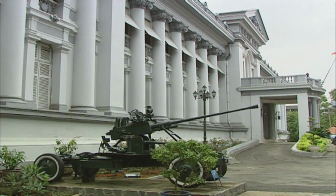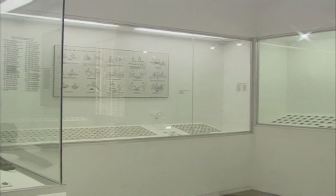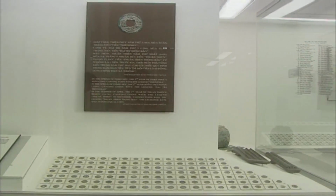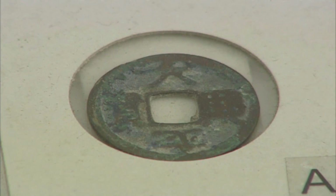Since becoming a museum for local scientific research, Ho Chi Minh City Museum has regularly hosted theme exhibitions. Vietnamese Money exhibited 1,086 monetary objects made over 10 centuries. All the feudalist dynasties used coins. Thái Bình Hưng Bảo in the Đinh dynasty, in the second half of the 10th century, was the first form